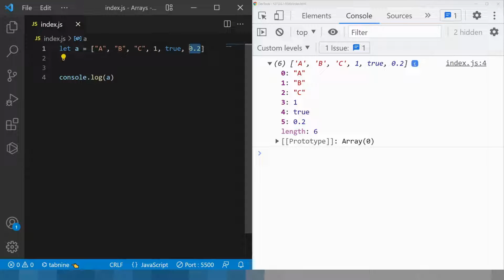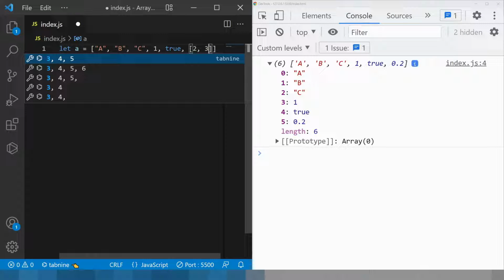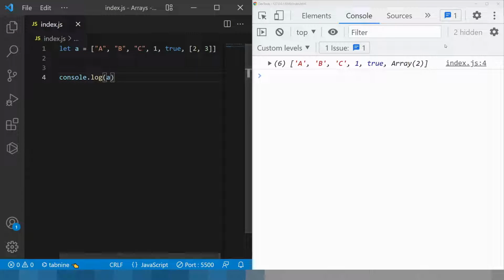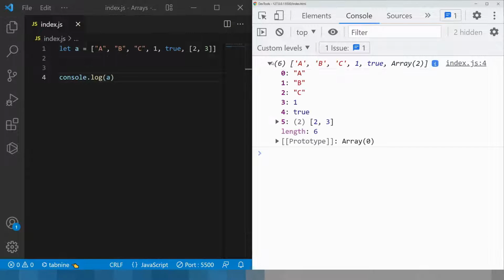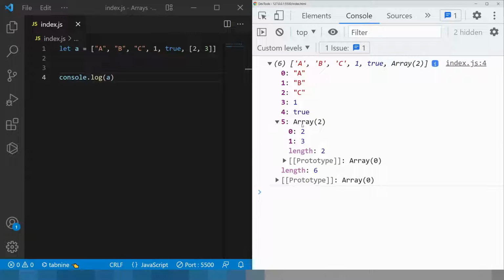Instead of 0.2, if you provide another numeric array which is 1, 2, 3, once you log it, you see you have 6 elements in the array A. The fifth index position has 2 elements in another array. Once you open that array, it has 0 and 1 index position. So each and every new array will consider the starting position as 0, not a continued position of the previous